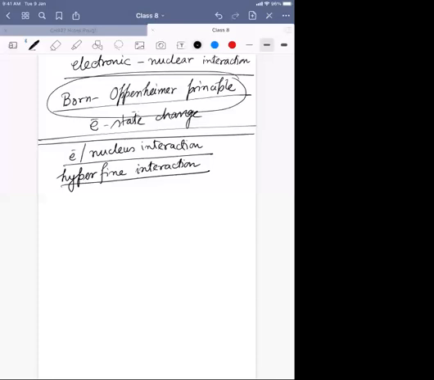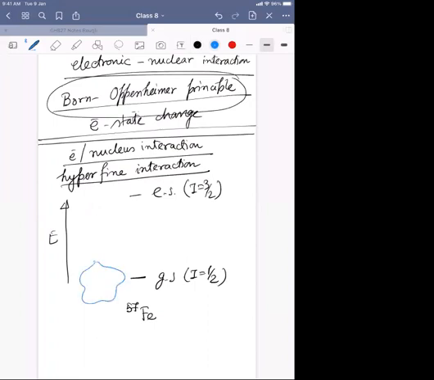Just imagine if there is an interaction between these two states. For example, it is iron 57, not 56. Over there, the ground state is I equal to 1/2, and the excited state is I equal to 3/2. Now imagine two conditions. First condition is that there is an electron environment around it which actually changes once I am going from the ground state to the excited state.